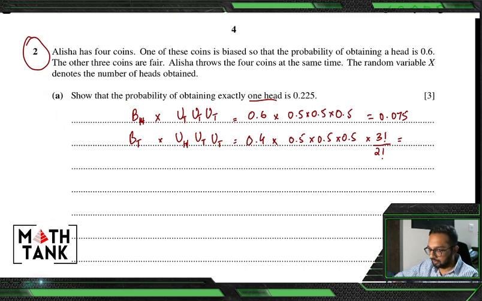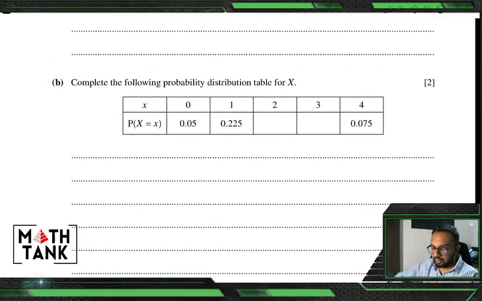So that gives me 0.15. Together it gives me what? Together it gives me 0.075 plus 0.15, that gives me 0.225. Then let's just complete the table. Now again,